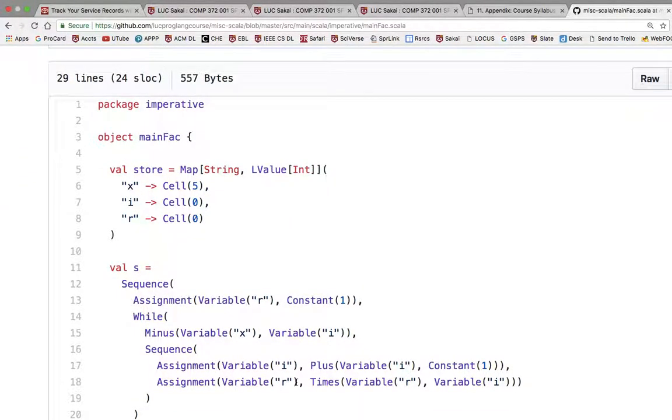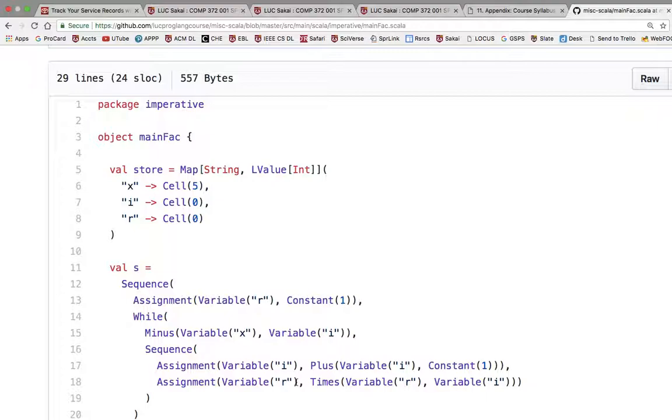So the key difference is that in this example, we have to predefine a store with the variables we're going to use in the program. So we have to declare the variables up front. So it's a little bit like static allocation, like in Fortran, right? You remember Nick's talk on Fortran, where in older versions of Fortran, variables would have to be pre-allocated statically and therefore declared up front. So it's very similar. And then we could write a little program,